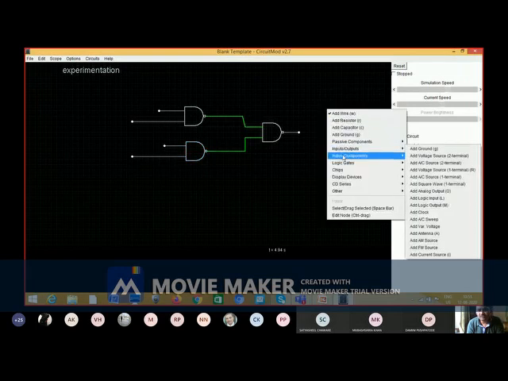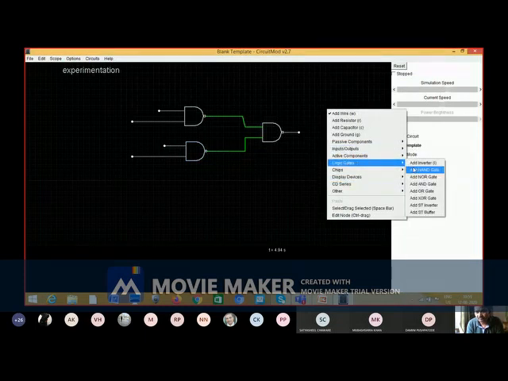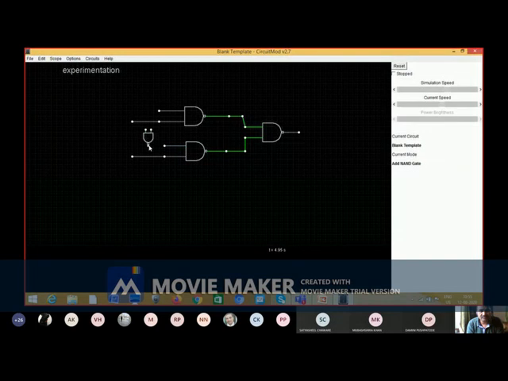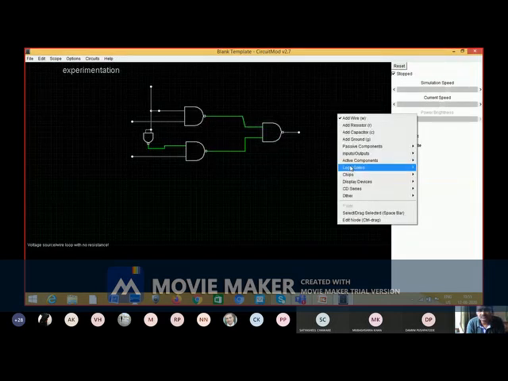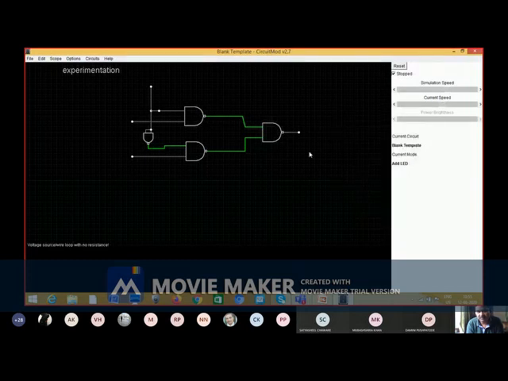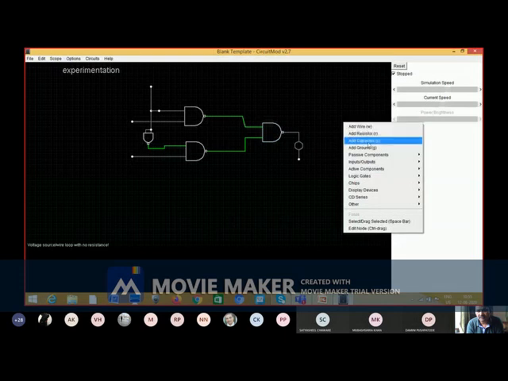You need one more NAND gate this way. Short this and okay, and I will connect one LED just for knowing your outputs.